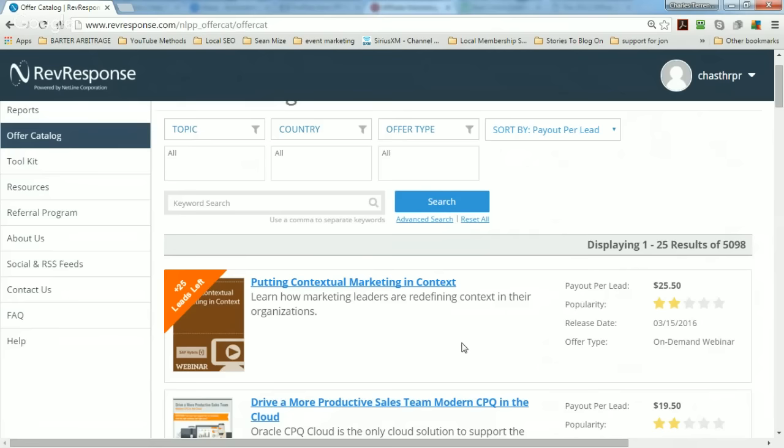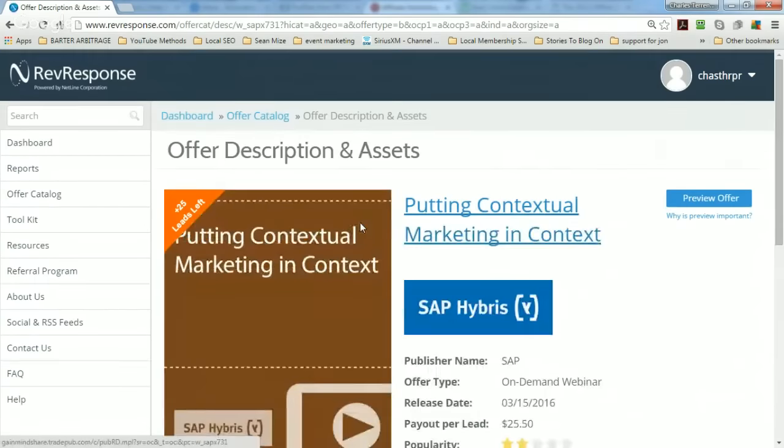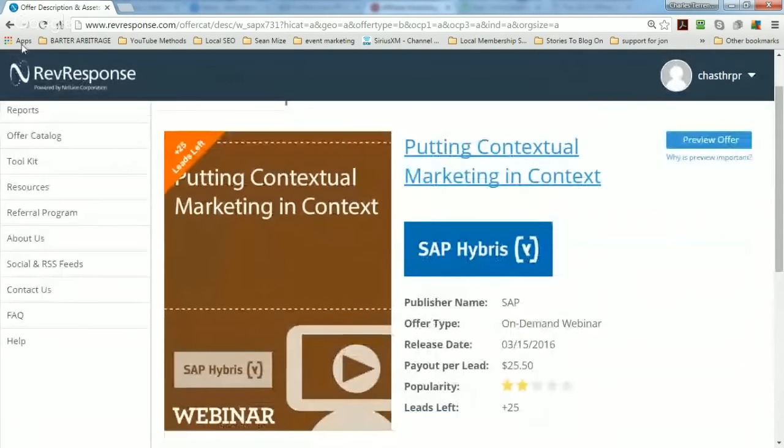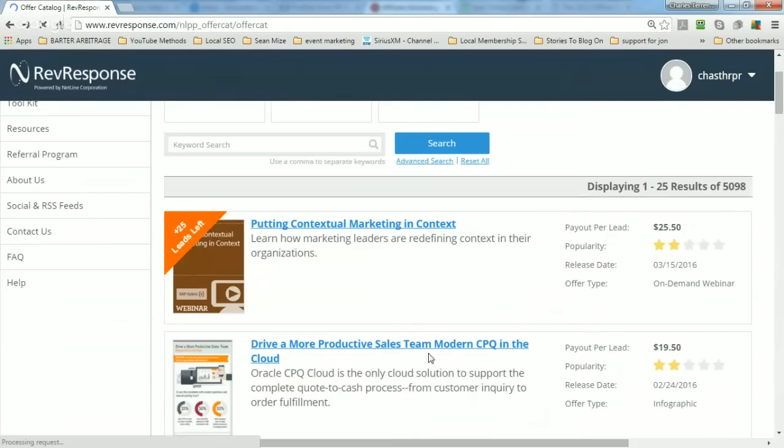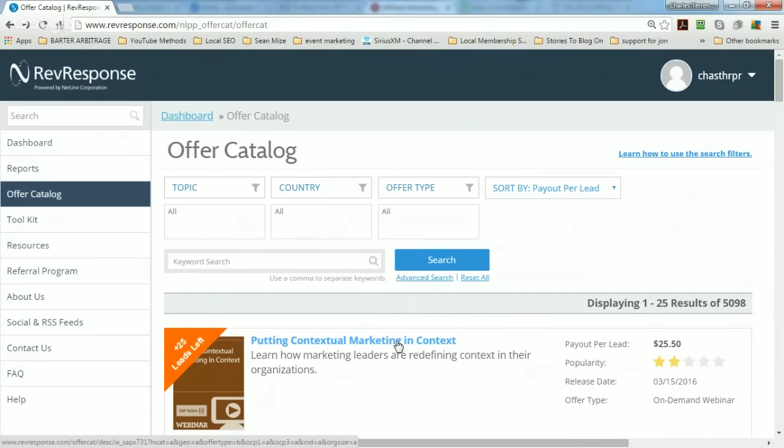So if you knew how to get somebody to opt in, again, you are going to be able to monetize any kind of traffic using this business network, which is just like a CPA network. And whenever somebody opts into their list, they're going to pay you for the lead. Okay, so does everybody get that? Does that make sense to you? Does everybody understand why I'm showing you Rev Response?